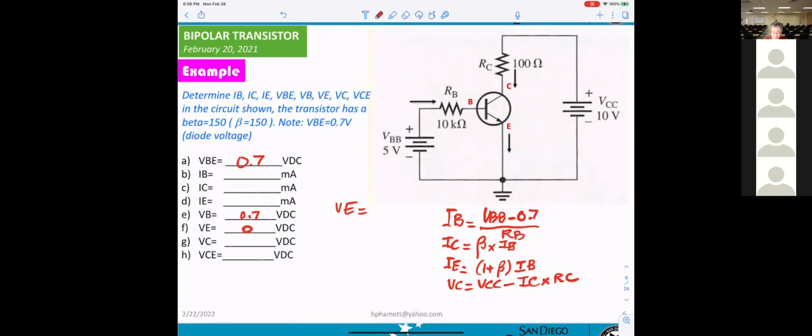They connect to the ground, so that's why it equals 0.